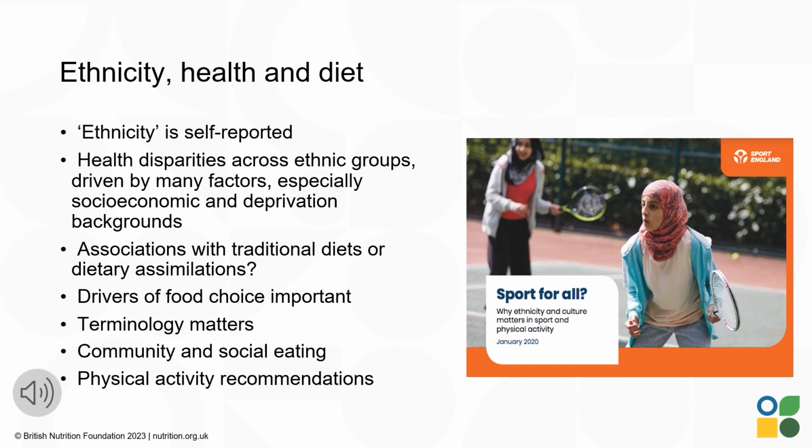According to this report by Sport England in 2020, we know that children from minority groups or certain groups are less likely to be as active as their white counterparts. The reasons are multifold and very complex, but the issue of representation has been raised for some sports, such as swimming, basketball, and cricket. Some sports are more represented and some are less represented when it comes to an overall balance of